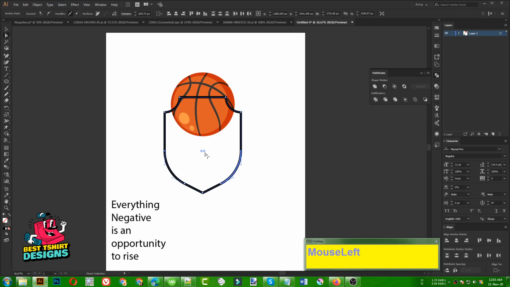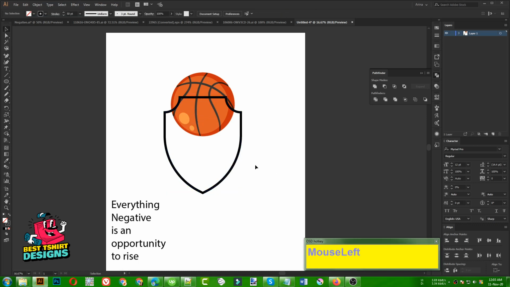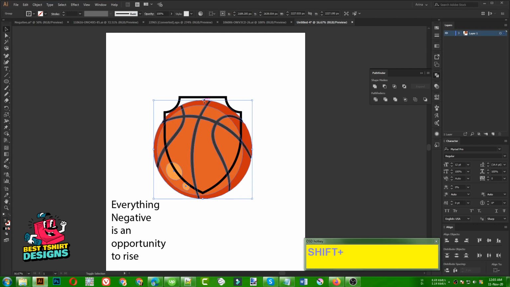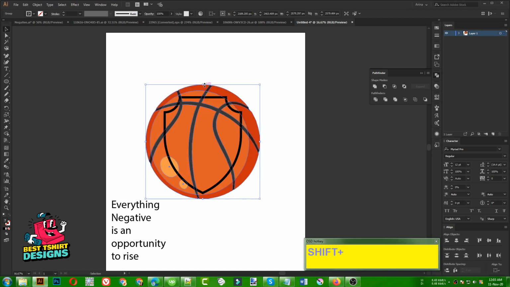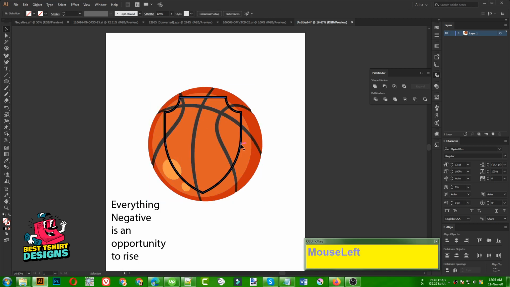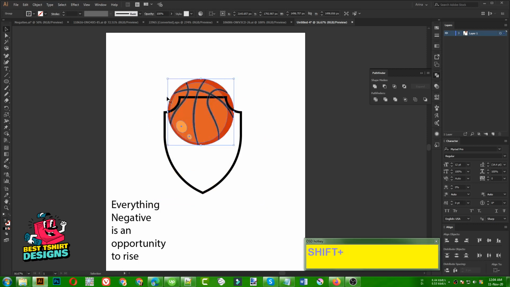If I select them like this, I can make this point a little bit more rounded like that. That is good. Maybe I can bring it down like that. Okay, let's fill the entire area so that it becomes a fill like this. Then I need to copy this shield here. First of all I need to place my basketball in a perfect way that gives us the full view of the basketball. That is good. Okay, I will do that later, so let's keep it simple for now. I just have an idea in mind, I don't know how it is going to look.